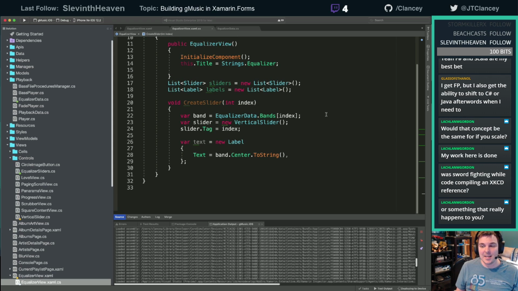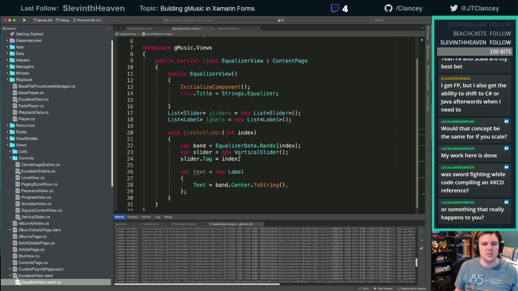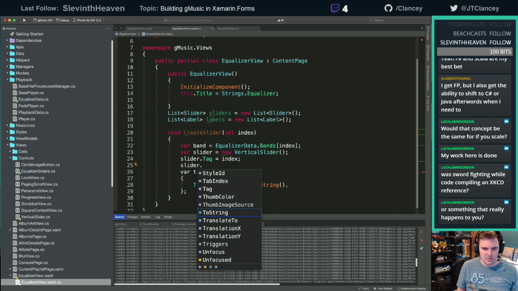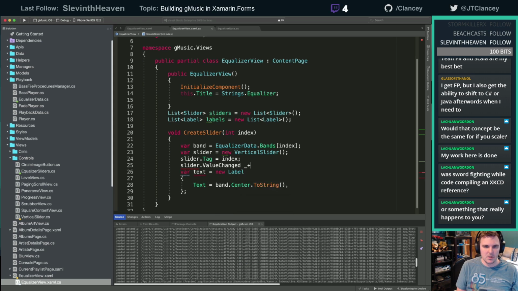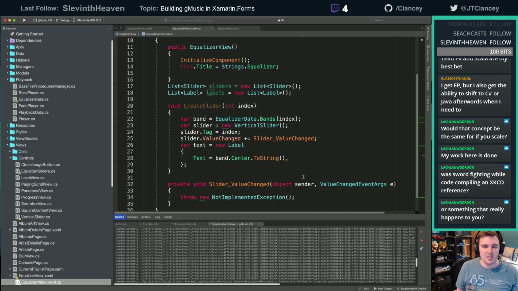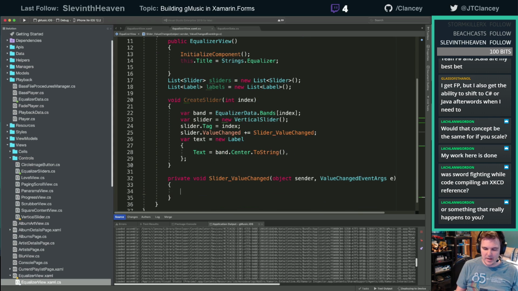Nice thing about this index thing though, is it's going to be really nice for our grid to be able to just do, and then slider dot value changed. Nice thing is this is a static view that's always going to be around, so I don't even have to worry about memory or unsubscribing or resubscribing because we never remove this thing or add it.